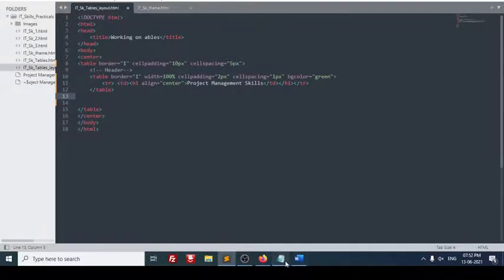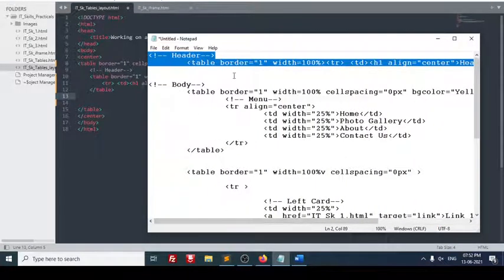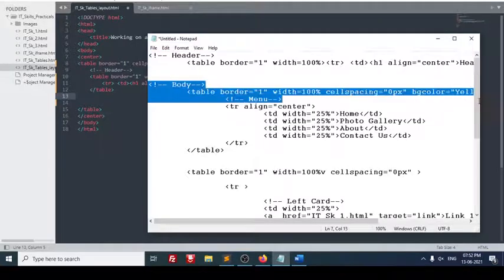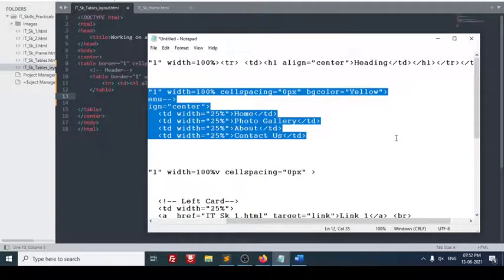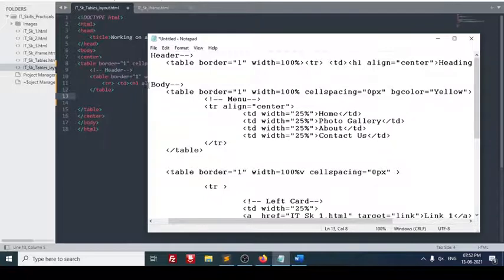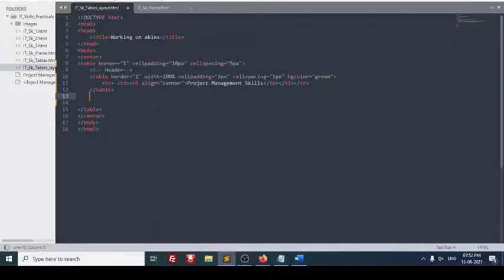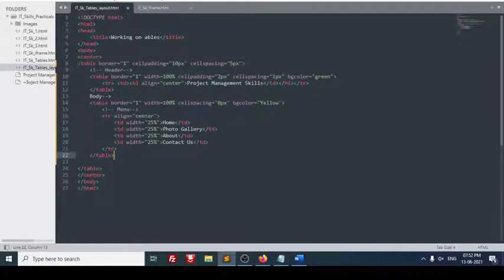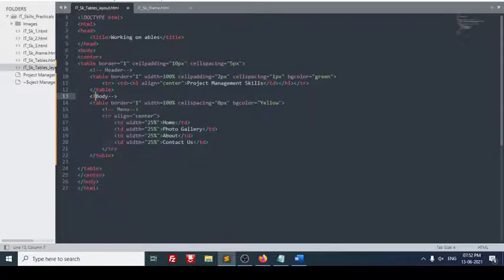For that I already have the code. I will copy it one by one, not all at a time. If I just keep it there and explain, you will not get any better idea. So I'm just doing this. See, this part I'm using for my menu. See, this is my menu. I will just copy it and I will tell you how it is done. Okay, this part I'm keeping there. One by one I had to prepare this. Later, here you see the body part. Okay, this is my comment, copied properly.